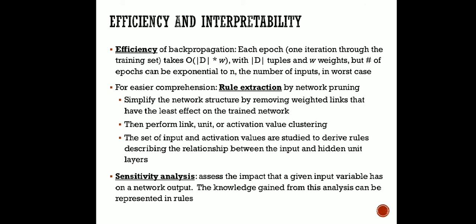Some of the attributes or input features are very less relevant, right? So we can discard them before building the network. And if we have to analyze the sensitivity, we have to see how much a particular input variable impacts the total network, and the total knowledge whatever we are gaining,